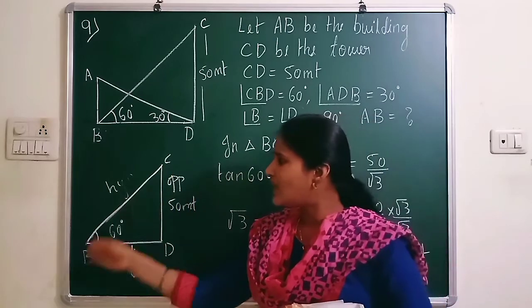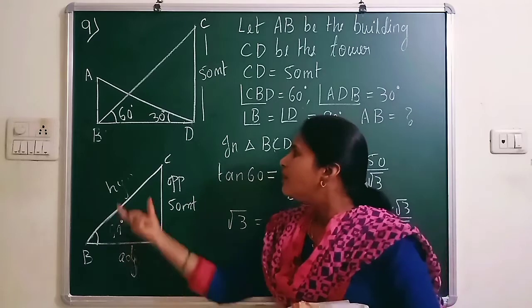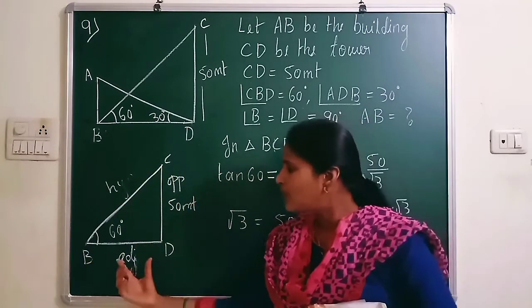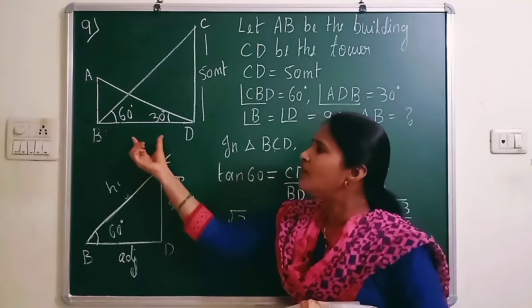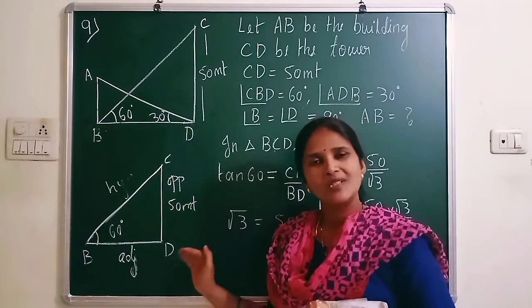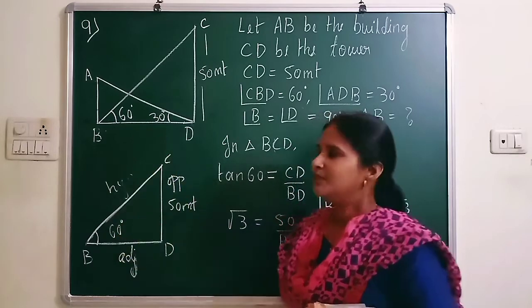But you cannot eliminate the hypotenuse, so it still creates a problem. If you take the hypotenuse you cannot do it. You have to take BD. Why? Because BD is common for both the triangles, you can eliminate BD easily, or you can substitute the value of BD to get the value of AB.